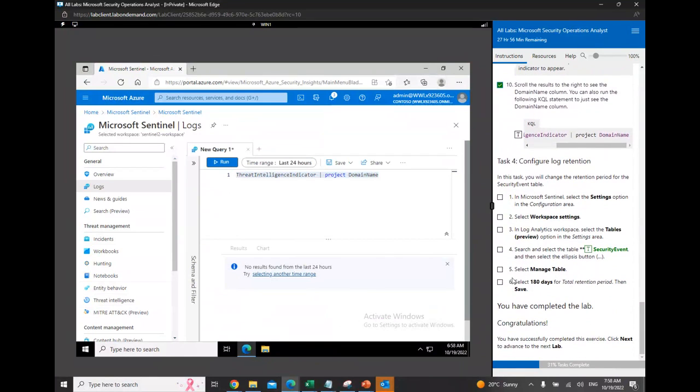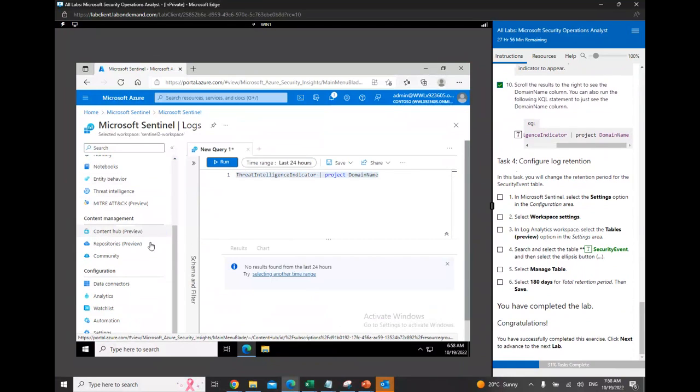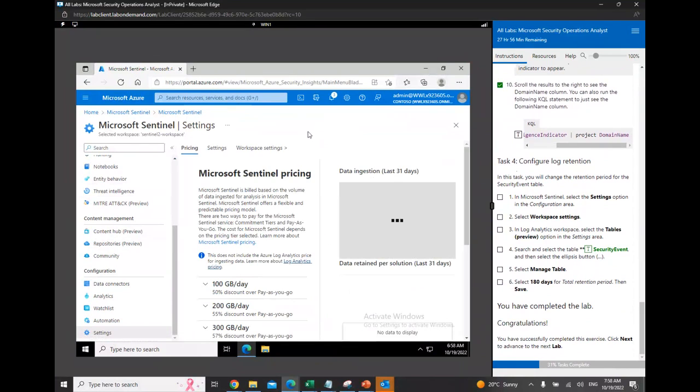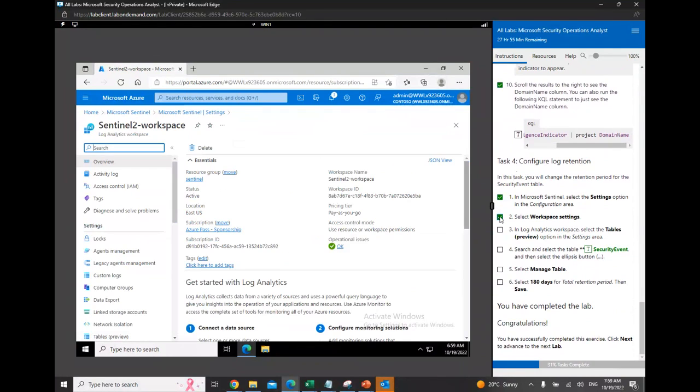And the final task is for setting up the log retention in our Sentinel. In this task, you will change the retention period of the security event table. So in Sentinel, we need to locate the configuration area, and we need to go to settings, the last option. Click OK to discard the changes. Select the workspace settings. In the Log Analytics workspace, select the tables